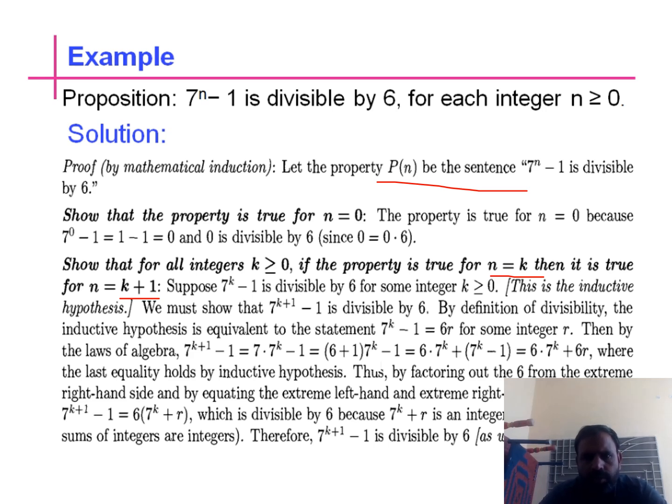We must show that 7 raised to the power k plus 1 minus 1 is divisible by 6. By the definition of divisibility, the inductive hypothesis is equivalent to the statement that 7 raised to the power k minus 1 is equal to 6 times some integer. So you can solve it by